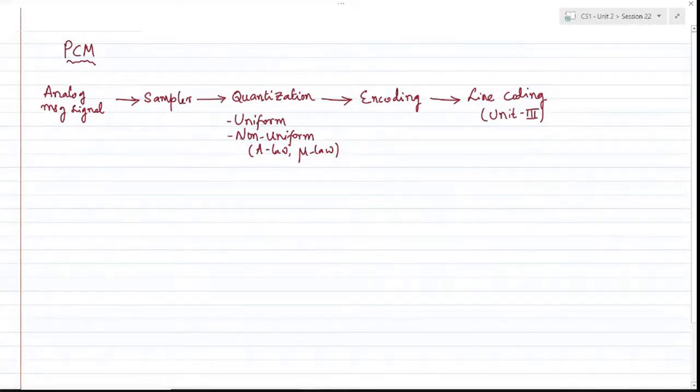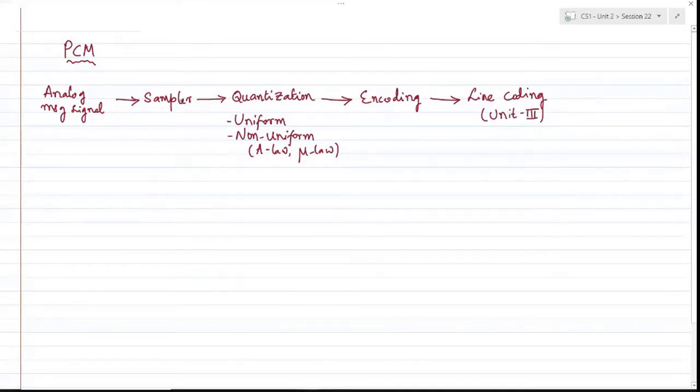As I was describing in the earlier class, consider the error in the transmitter. So this is the transmitter part. The receiver does exactly the opposite in getting back the analog message signal. In the transmitter, if you have sampled the analog message signal at a rate much greater than the Nyquist rate, then the only error involved in this process is quantization error.